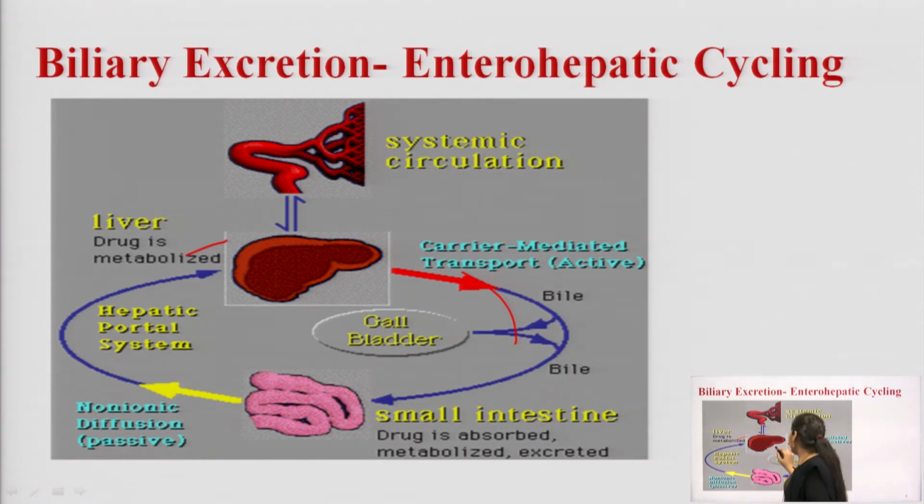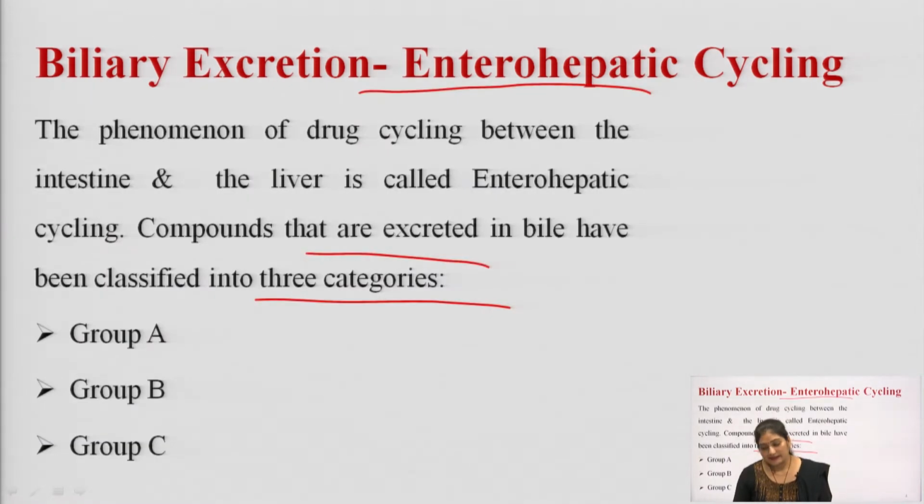The bile is excreted from the liver and then stored in the gallbladder. From here it can also be excreted into the intestine. From the intestine it can be reabsorbed into the liver, and this reabsorption of bile from the intestine to the liver is called enterohepatic cycling. The drug can also be excreted with the help of bile, and that process is known as biliary excretion. The compounds excreted in the bile we can categorize into 3 different categories: